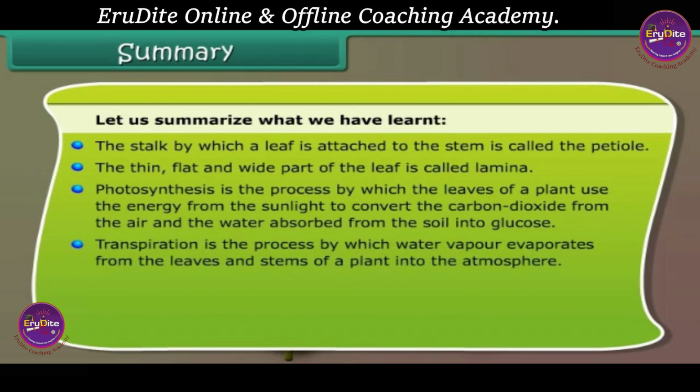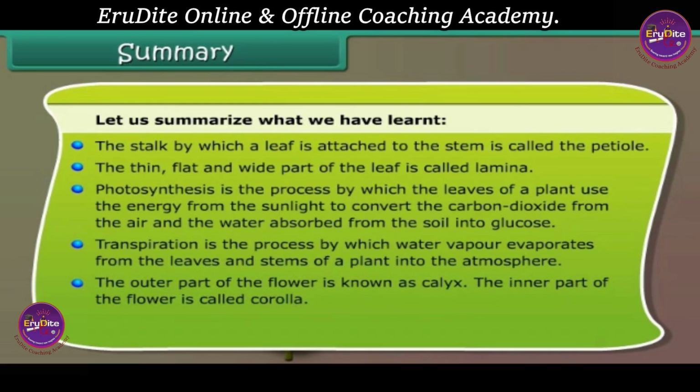Transpiration is the process by which water vapor evaporates from the leaves and stems of a plant into the atmosphere. The outer part of the flower is known as